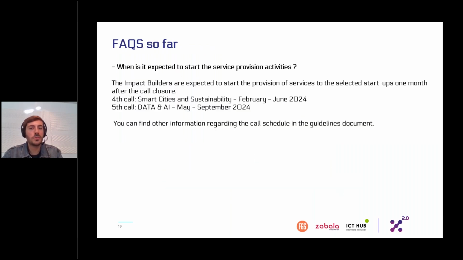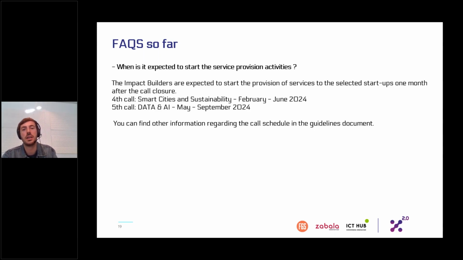A question that is very common in this webinar: when am I supposed to start the service provision? As the calendar timeline states, we are not 100% sure that we will keep these dates so far, but there will probably be a deviation of a week, or 2 or 3 weeks.